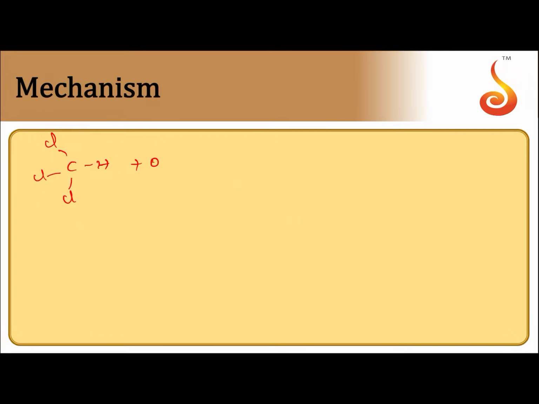Chloroform undergoes alpha elimination in the presence of base, meaning both H plus and Cl minus will leave from the same carbon. So what happens? First, OH minus of the base abstracts the proton, giving minus water. If you see, 3 water molecules are formed in the product, so 1 mole of water is here. Now chloroform undergoes alpha elimination. H is lost, now Cl also should leave, so Cl will go out.